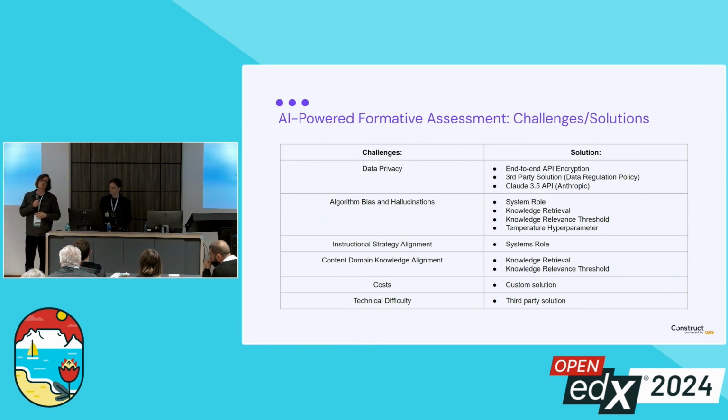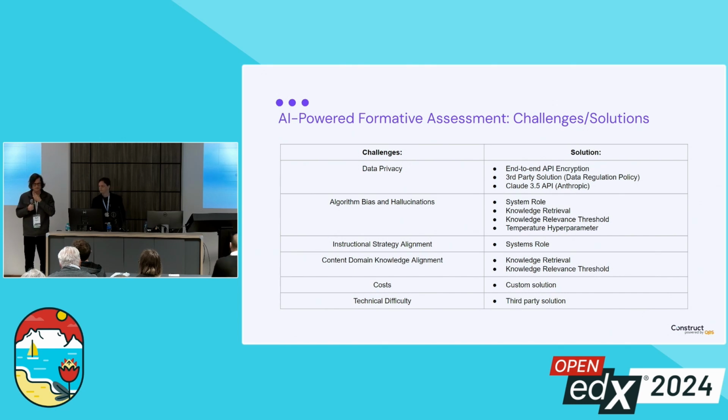This is done through configuring your knowledge base, in which you can add your targeted content domain knowledge to your application so that you ensure that it generates associated output. Also, you can configure a knowledge relevance threshold. The knowledge relevance threshold essentially determines how much information the application draws from open domain content that it's been trained on, as well as content that has been configured to its knowledge base.